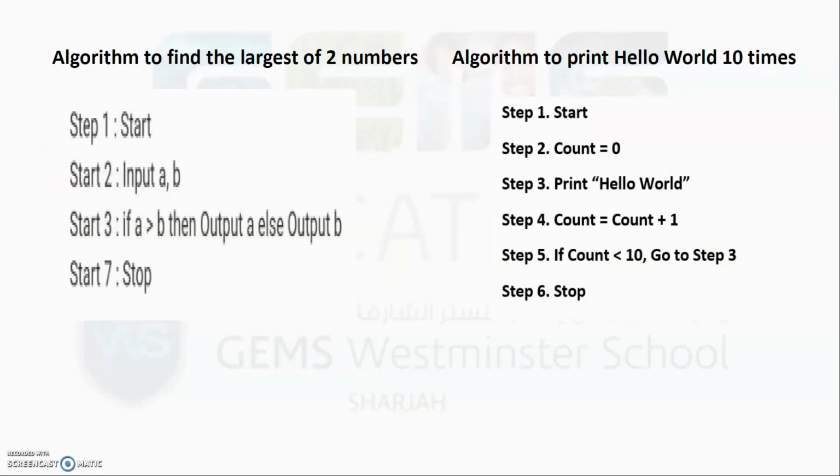Algorithm to find the largest of two numbers. Step 1, start. Input A and B, two values. Step 2, comparison is happening here. Step 3, if A is greater than B, then output A, else output B. Step 4, stop. This means that when you start the program, you have to type two numbers, the ones you want to